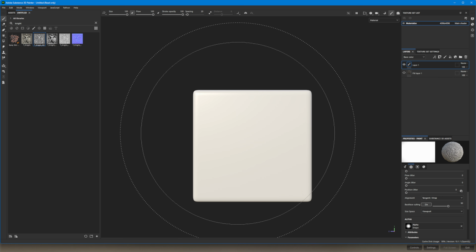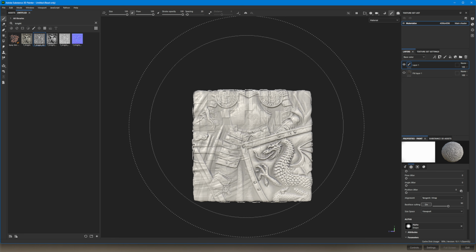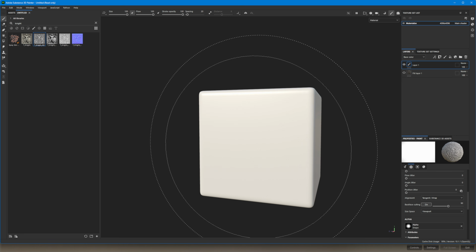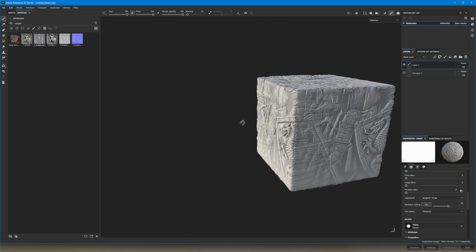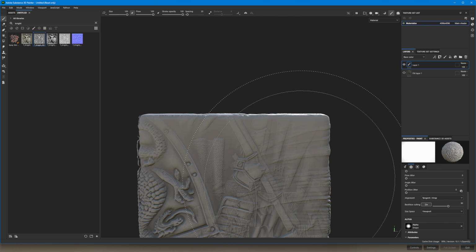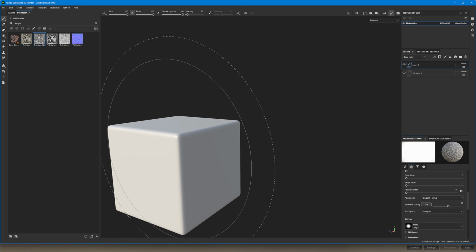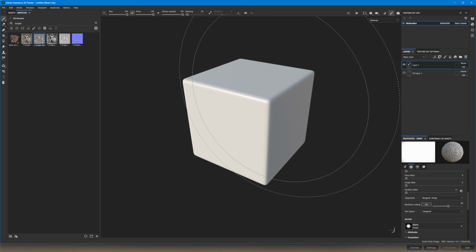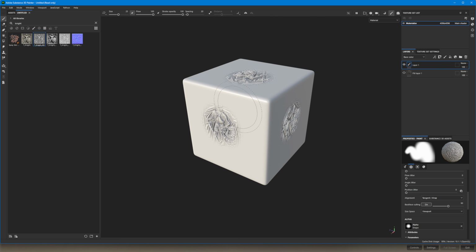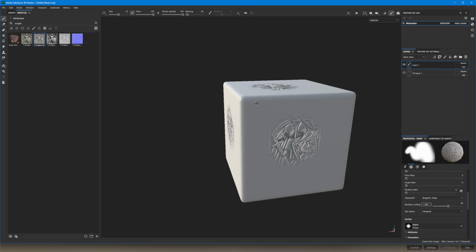I would definitely recommend viewport in this case, so then you can still paint. As you can see, it's doing that. But just bear in mind that it's also going to go all across, all around the mesh. So again, it's doing this for us because every UV on our cube is the same UV. So every part of this UV. So if we just paint over here, it's going to show on every face